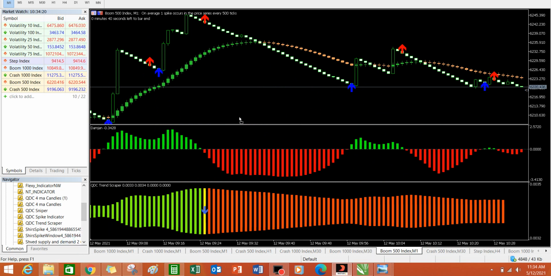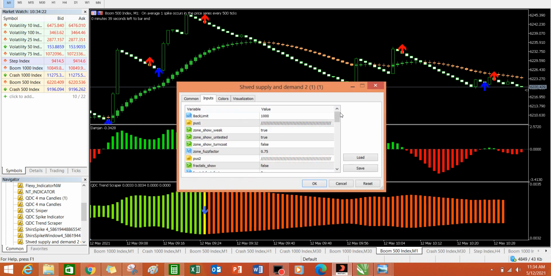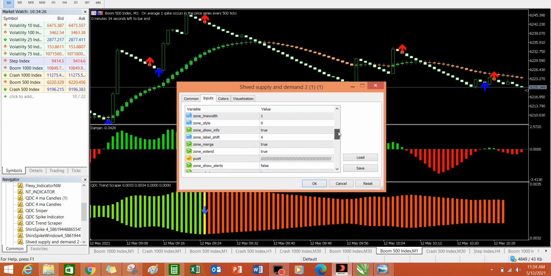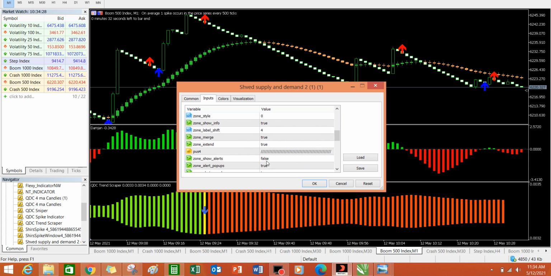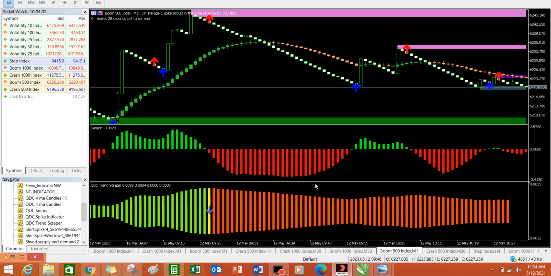I will be adding one more indicator to it, just for us to be able to identify all these things, because I noticed that on a normal day most of us don't know how to do our TA, but this will help us to do our TA successfully so that we can trade the market successfully. As you can see, I've added another indicator, which is giving us the support and resistance level.